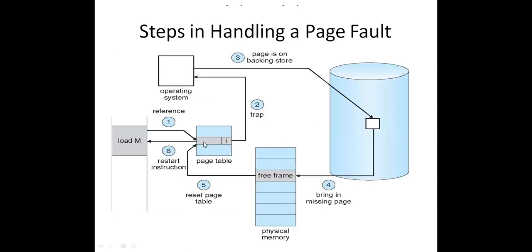Whenever there is a reference to a page and it is invalid, it immediately traps to the operating system. That means it signals an error to the operating system that there is a page fault. So immediately the operating system will check the backing store, that is the disk, and next the operating system always checks for a free frame. If there is a free frame in the main memory, then the operating system brings the page into the main memory. This point you need to understand. So for the next concept, the page replacement algorithms, I need to explain this concept in a very good manner.